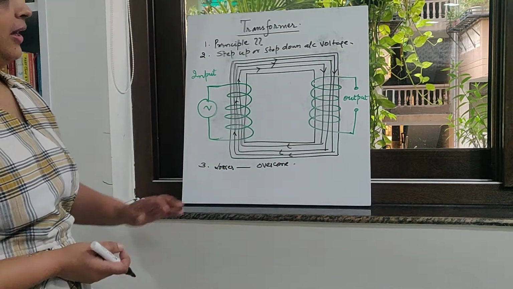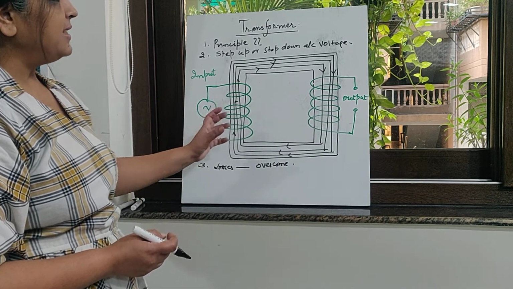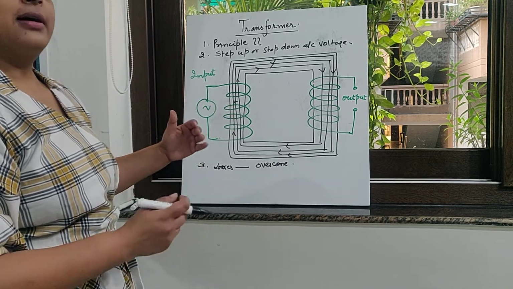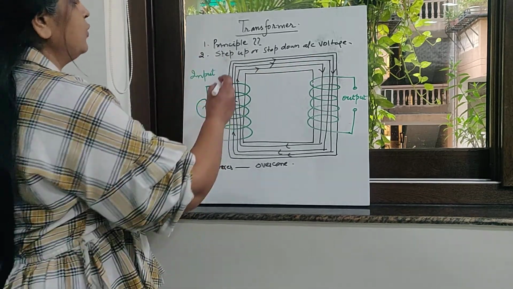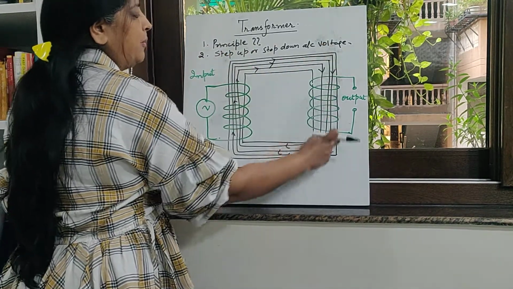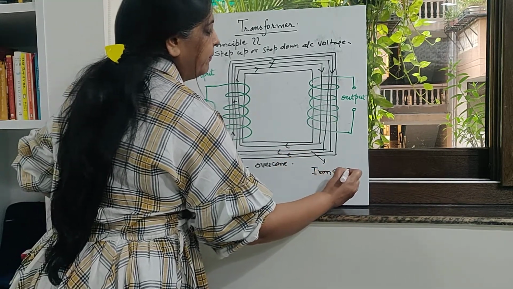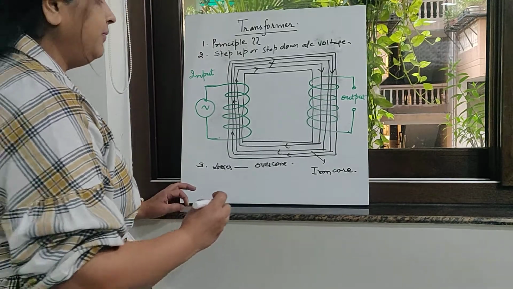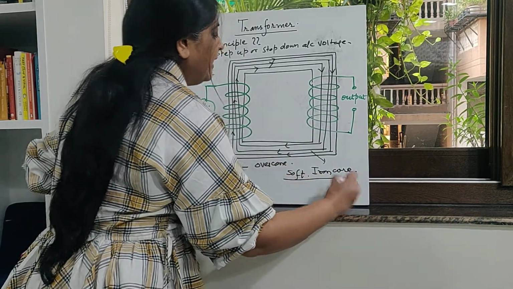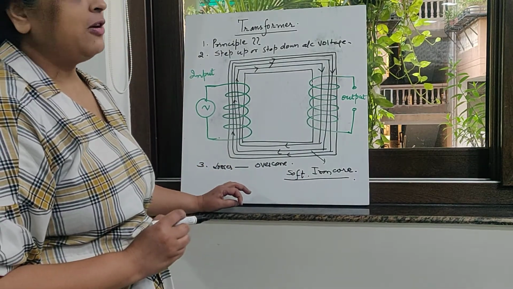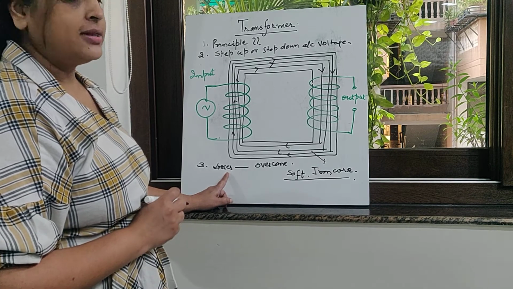Right. So here in front of you on the board is what I have drawn, a schematic or a sketch for a transformer, where this whole rectangular black part is showing an iron core. And this iron core is a soft iron core. The reason why we have taken a soft iron core, not the hard one, I will tell you when we talk about the losses, fine?